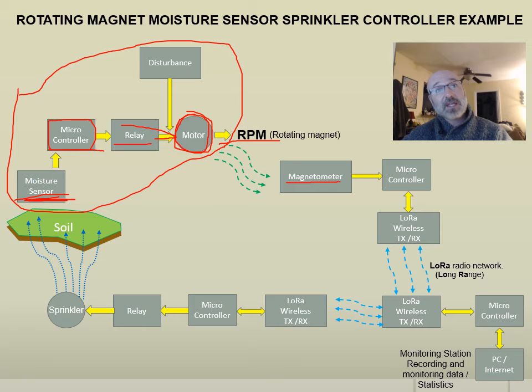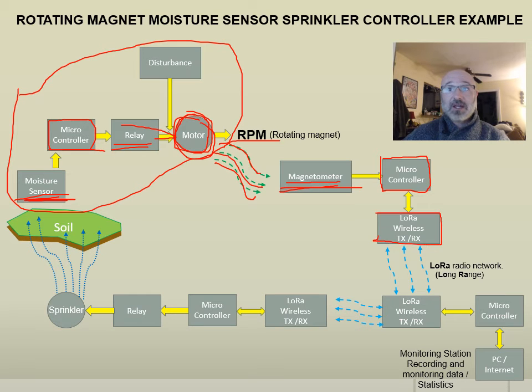So therefore, it sends to the microcontroller, clicks on our relay, spins our motor here, and spins the rotating magnet at a set frequency. This magnetometer picks it up at that frequency, sends that information to another microcontroller over here, which performs an FFT on that information to back out the frequency of that rotating magnet. This information from our rotating magnet and our FFT is then sent via long-range wireless communication through a LoRa shield. Now, this LoRa shield is then sent to another receiving LoRa shield over here on another Arduino,